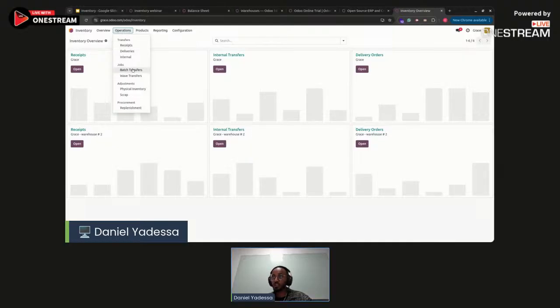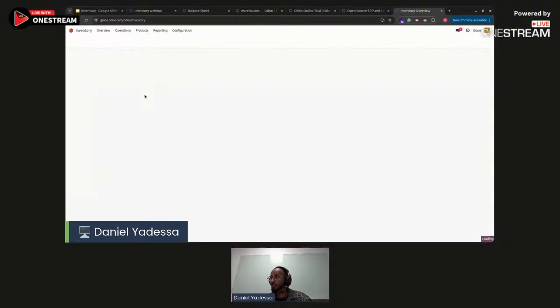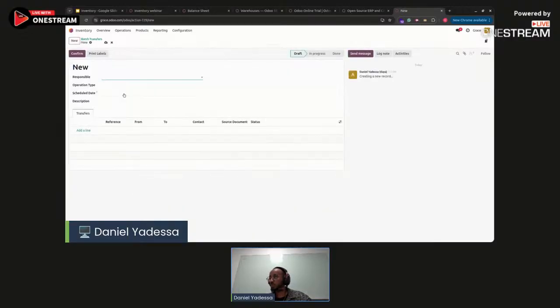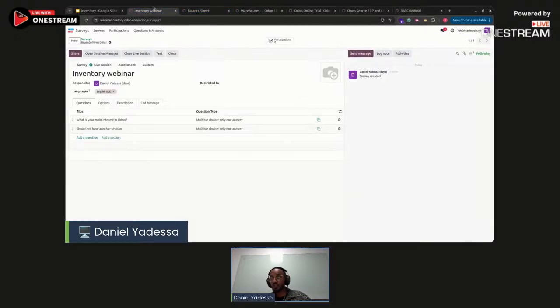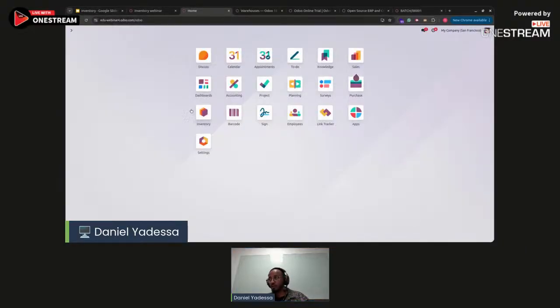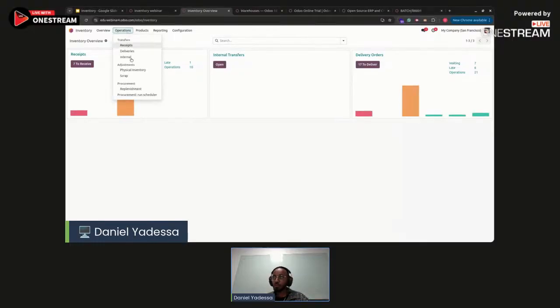Now you can see operation ጋር batch transfers and wave transfers የሚል alternative ይኖረናል ማለት ነው። So batch transfers ጋር ብንመጣ, now you can see እዚህ ጋር አዲስ new ወይ ደግሞ batch transferዎችን create ማድረግ እንችላለን ማለት ነው። So ምናልባት this is an empty database. Batch transfers actually manually ነው የምንሰራው, basically with Odoo automate የምናደርግበት ሜተድ ቢኖርም, just ለኢንቨንተሪ ማኔጀሩ let me do this activation እዚህኛው ዳታቤዝ ላይ